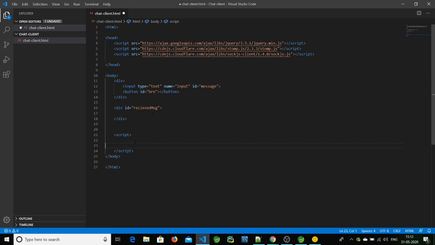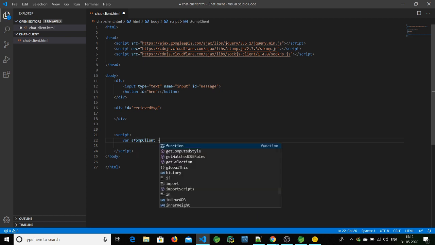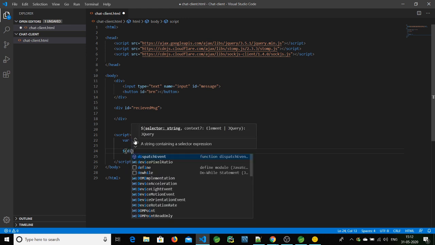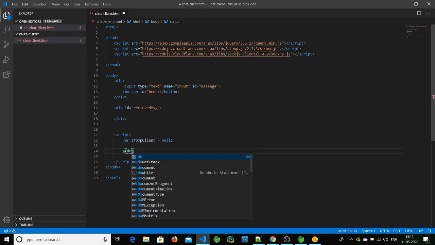And in the script, let's create one variable, stompClient equal to null. Now I want to do all the operations after loading the document. So for that, use jQuery after the document is loaded and the document is ready.